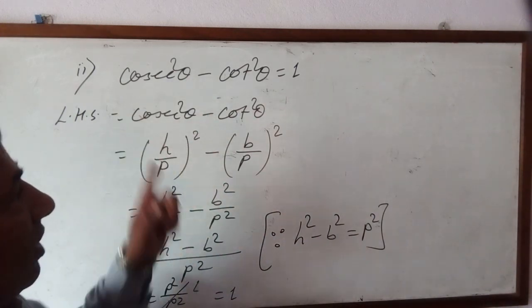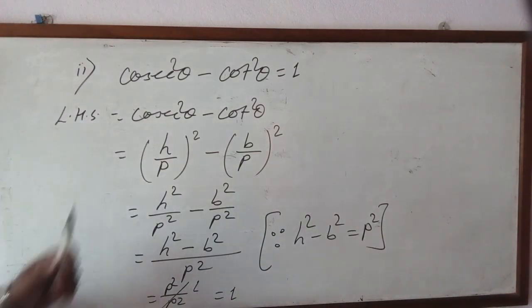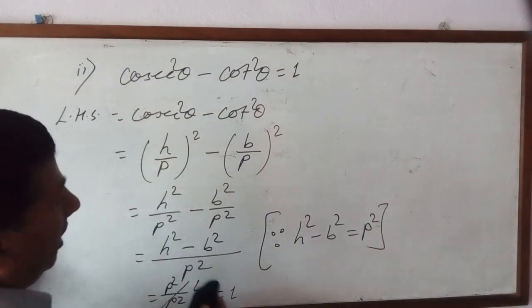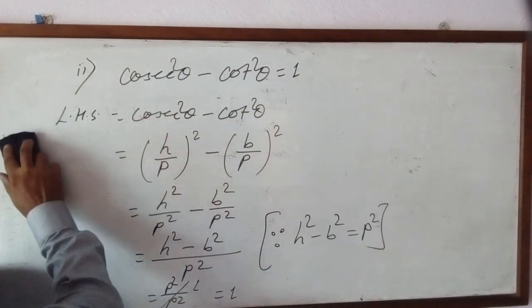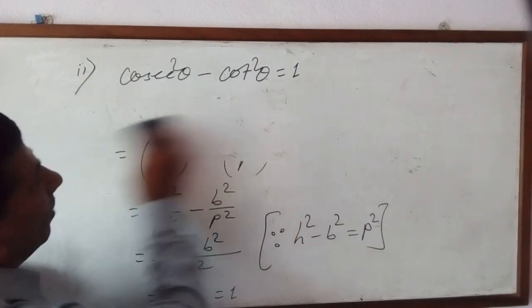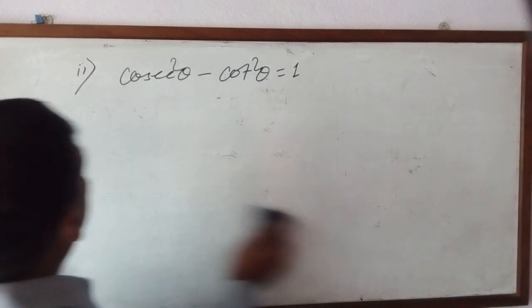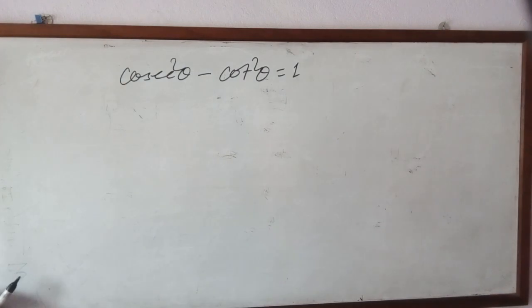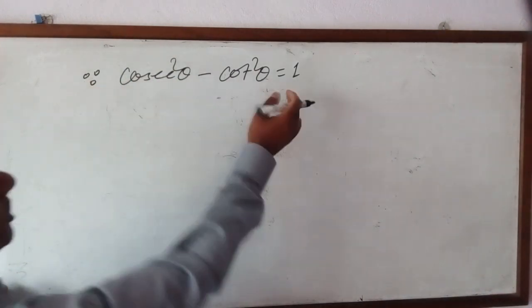Now I'll drop this one. In this way you can prove it just like the previous formula. Now we proved left hand side equals 1 equals RHS. In this way you have to prove. I'll drop this one. Now after this, again, how to find from here? Same again, since we have already proved this one, this is true.